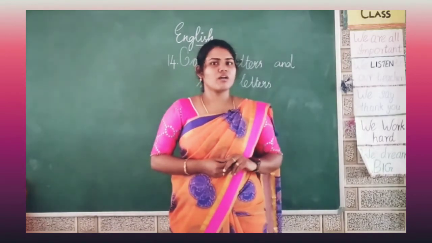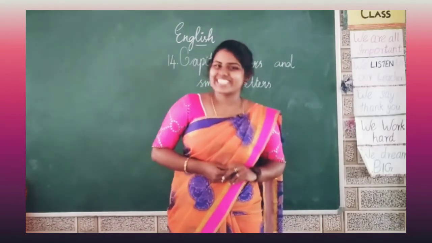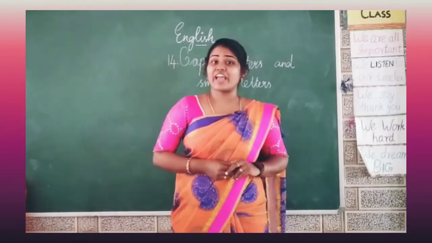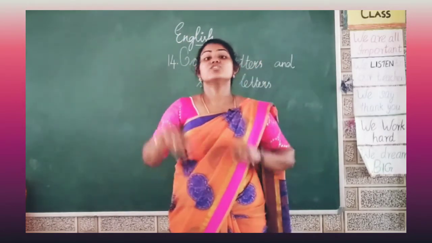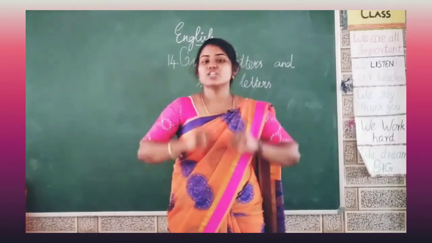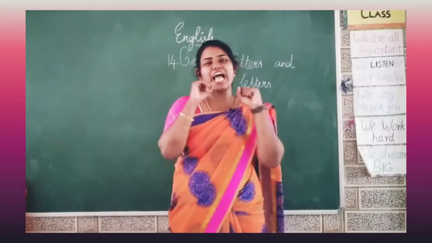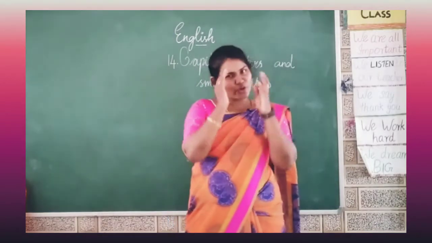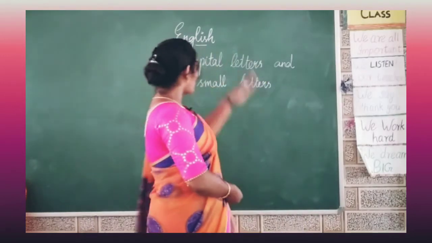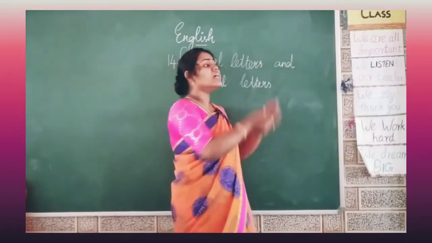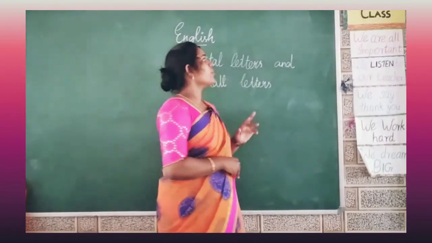24? No? Yes, very good children. Actually, we have how many letters? 26. So we have 26 letters in the English alphabet. You know that very well. You know how to write in cursive too. But in the normal way, today we are going to differentiate those letters. Fine? That's there in your book.